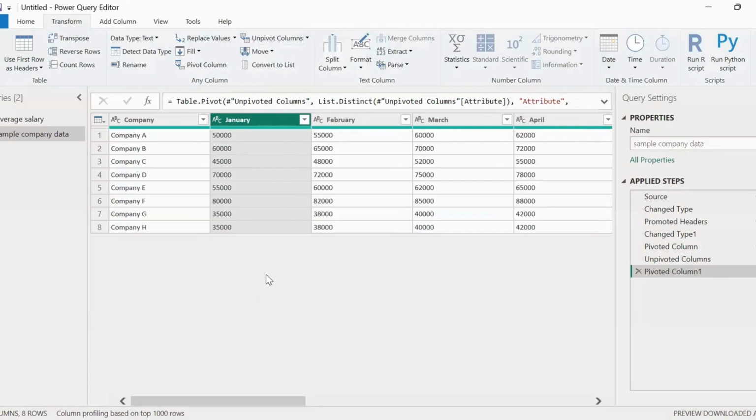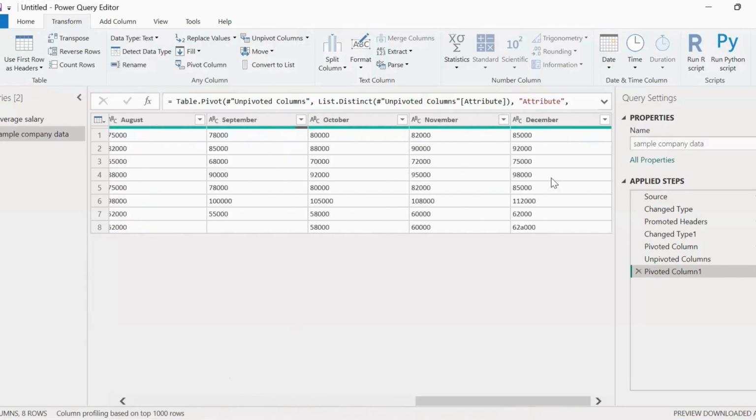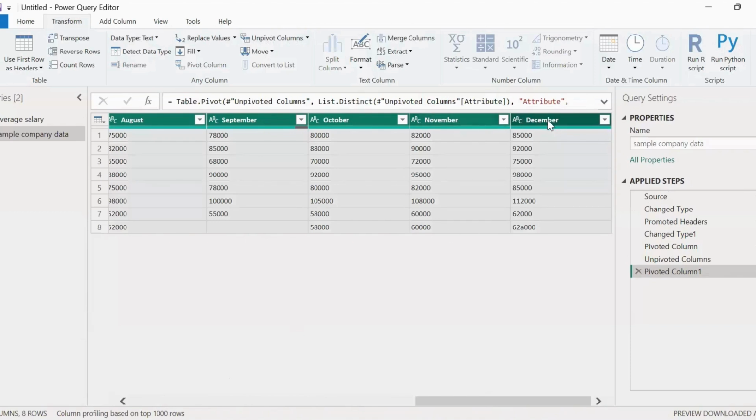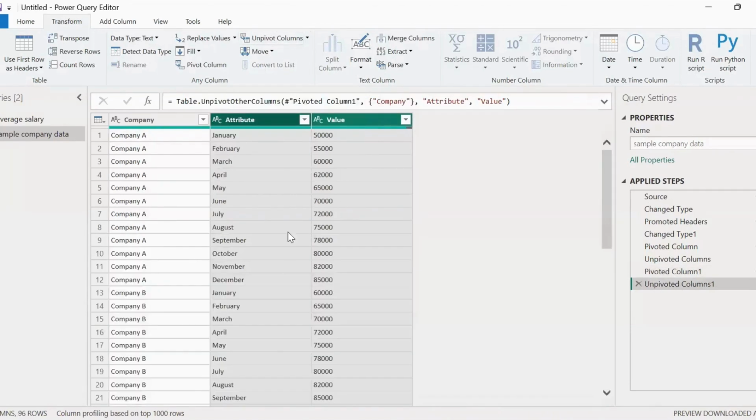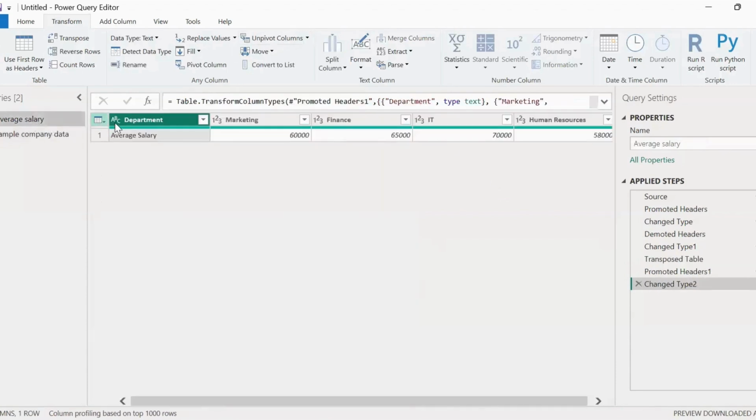So for that, what you can do is select all the columns that you want to unpivot. So I can come over here till January. I will scroll ahead. I will come over here in December, press shift and click, and this would select all the columns for me from January till December. Then I can go in this unpivot columns option and it would unpivot the values for me. Now you can see it has made our data to the previous state where it was when I pivoted the data. So this is how you pivot and unpivot the columns and how it is different from this transpose of